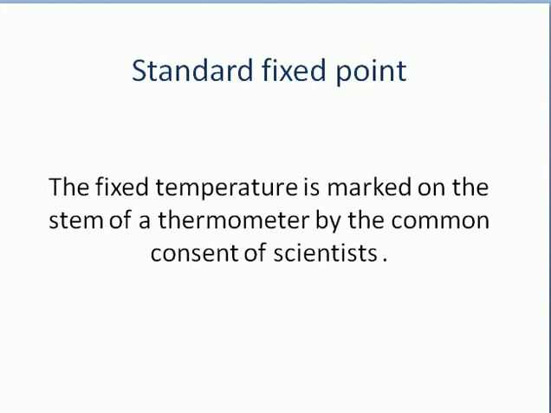This means that the chosen physical property changes evenly and regularly with temperature, so if we draw a graph of temperature against the thermometric property, we should get a straight line graph. So what are the two fixed points? One is hotness and the other is coldness: the melting point of ice and the boiling point of water.